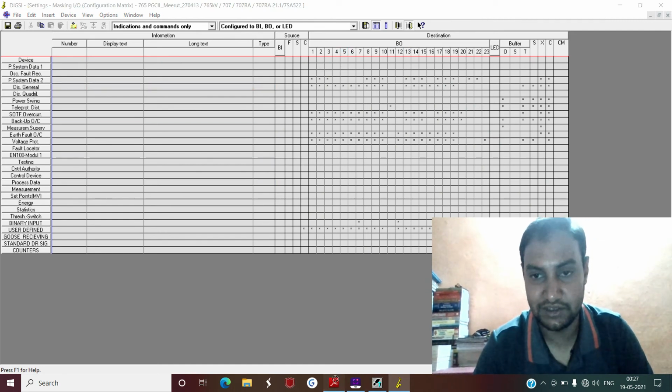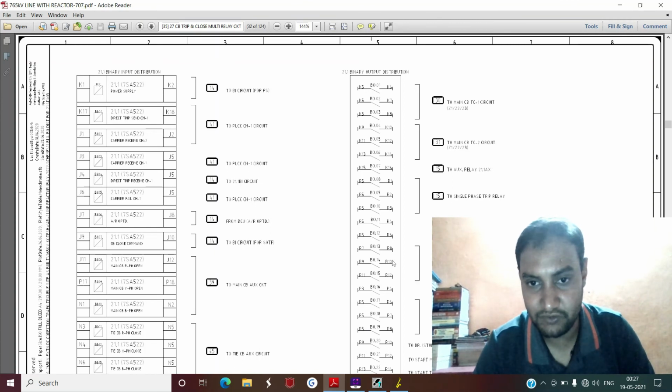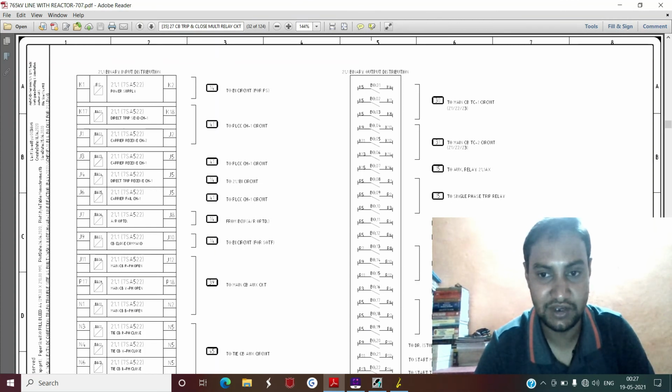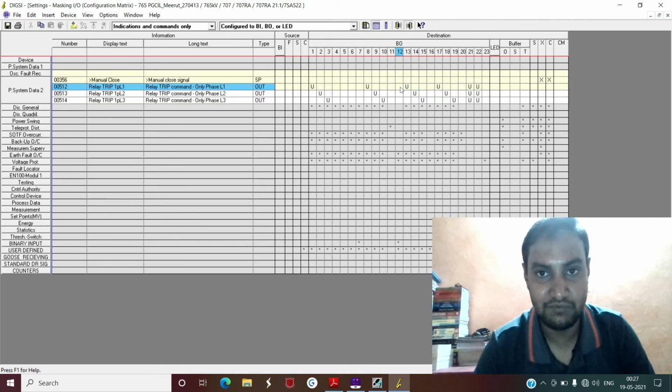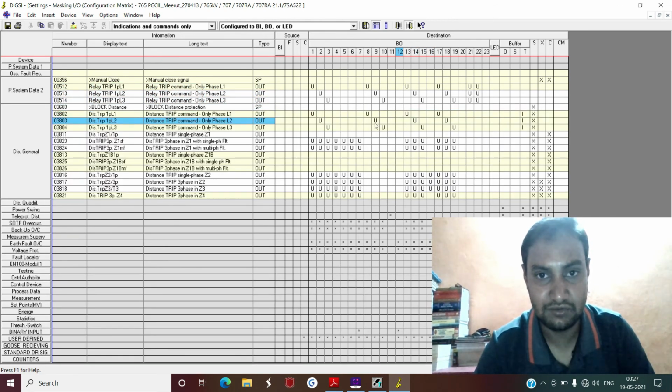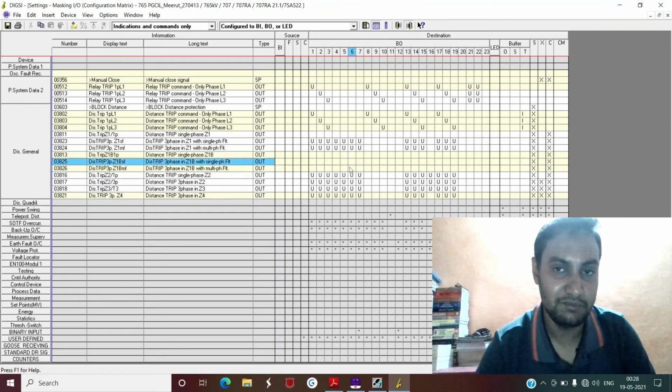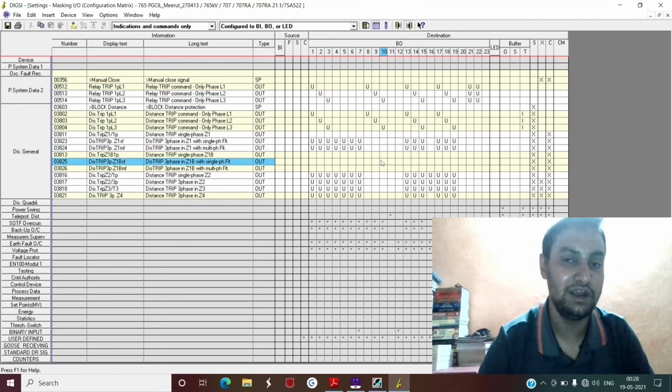If you see again, 13, 14 and 15 are basically for the TIE-CB TC2 circuit. That means the configuration of 13, 14 and 15 will be exactly the same as 1, 2, 3. So this is your 13, 14, 15. If you see here, 1, 2, 3 and 13, 14, 15 are exactly the same. If you just keep on expanding, 1, 2, 3 and 13, 14, 15 are exactly the same. Here also the same, here also the same, because now 13, 14, 15 is for the TC2.